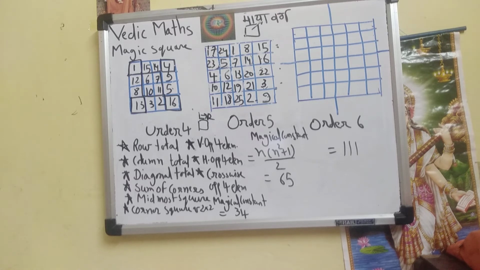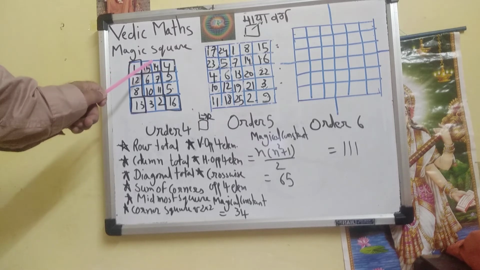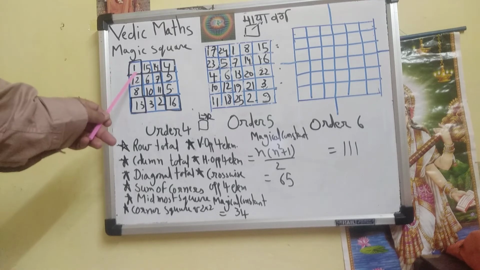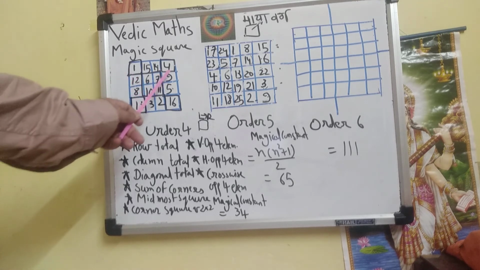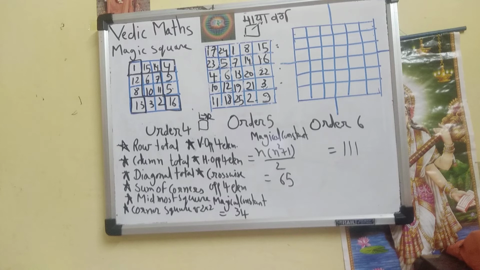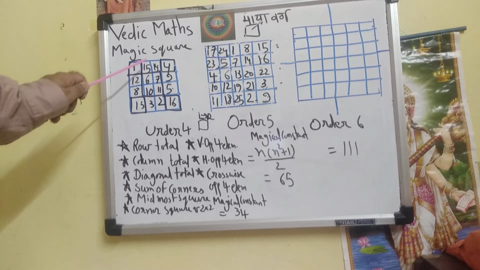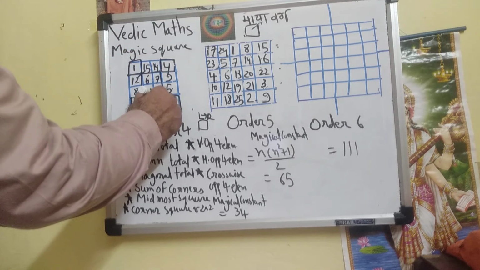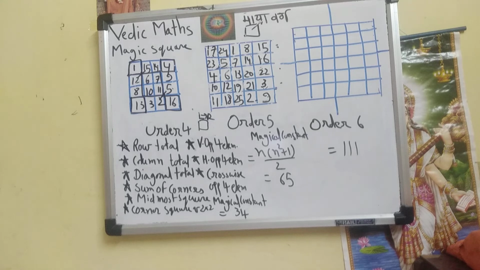The sum of horizontally opposite 4 elements of the first and last row, like 15, 14, 3, 2, is again 34. Or vertically opposite 4 elements 12, 8, 9, 5, again the sum is 34. Not only horizontal and vertical, but also crosswise opposite 4 elements like 12, 15 and 2, 5. The sum is again 34.